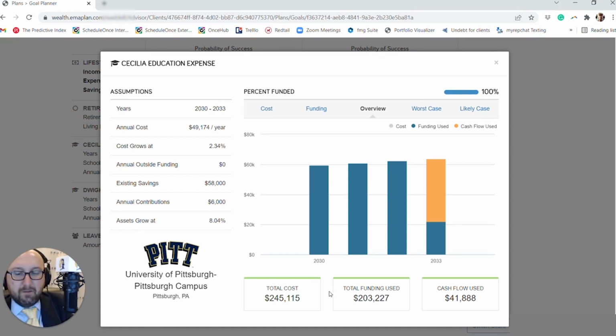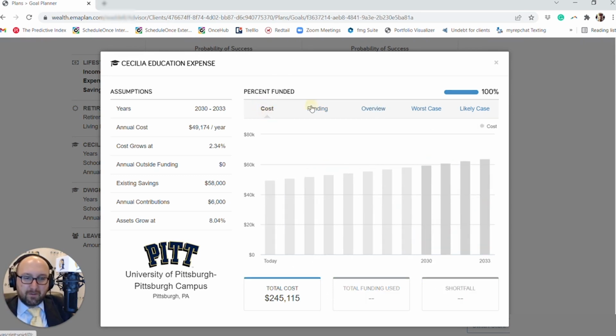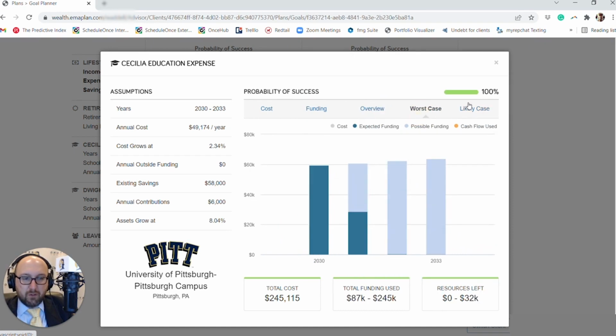But this is really meaningful, especially if a husband and wife used different colleges for their children. They can fight back and forth. It's a great conversation to have to personalize the talk. But you can go in here and talk about the cost, the funding, an overview, worst case,